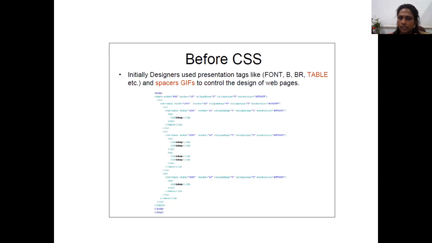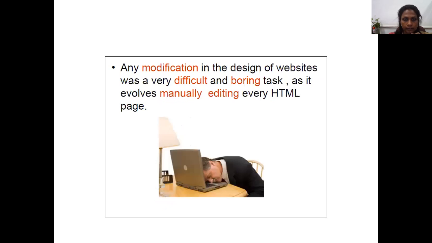And before CSS, if you had a large number of web pages, it was difficult for designers to use different presentation tags everywhere and control the design of the web pages. Managing HTML pages or designing websites was a very difficult and boring task.